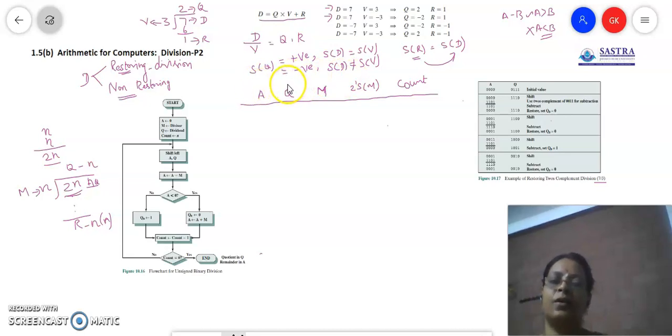So in Q we will be having the dividend. This dividend will be available in the Q register. The divisor V will be available in the M register. Now A is going to be initialized with 0, so it is going to be a 4-bit number, so I am just going to initialize it with zeros, and then Q is going to be initialized with the dividend. In the example we have taken, 7 is the dividend, so Q is going to be initialized with 0111. And M is nothing but the divisor, which is V, which is nothing but 3.